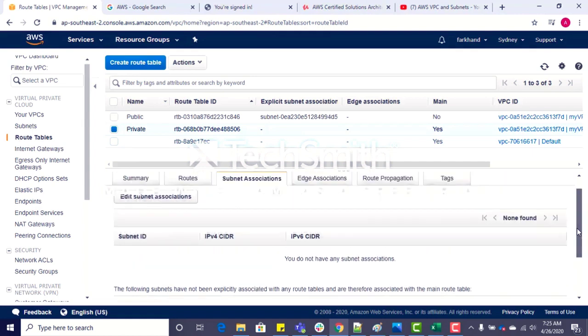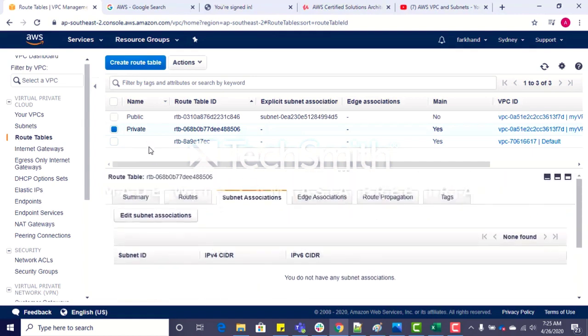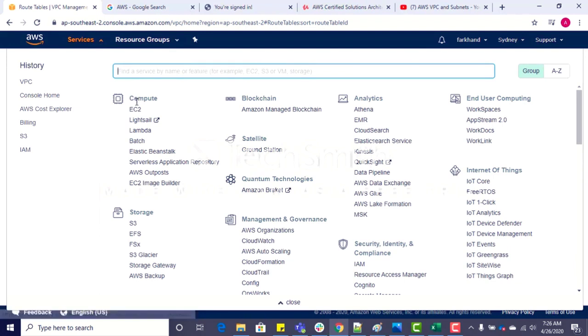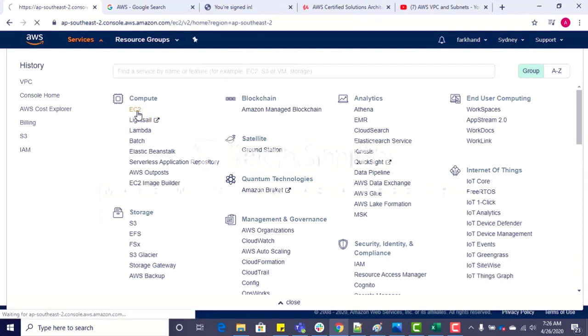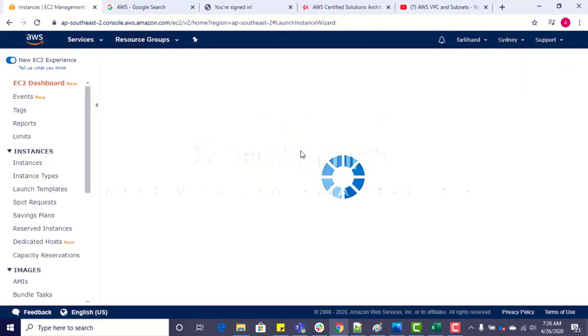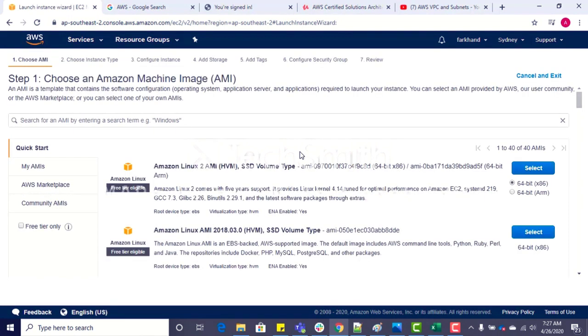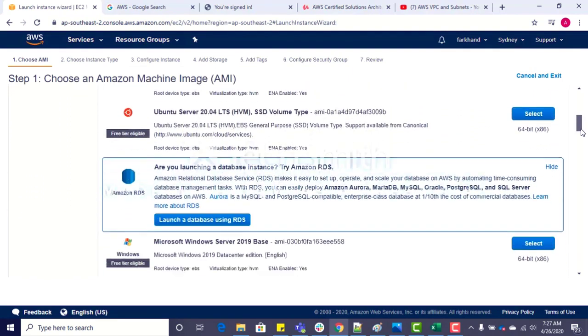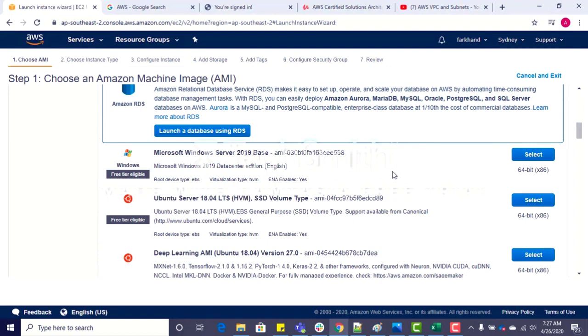Okay, that's it. So we'll move to the EC2 instances, and we create two EC2 instances associated with these subnets. First, we'll create a public machine, and we'll create a Windows machine for the public subnet. So let's go there and choose a Windows server,